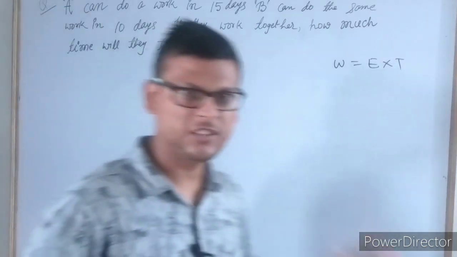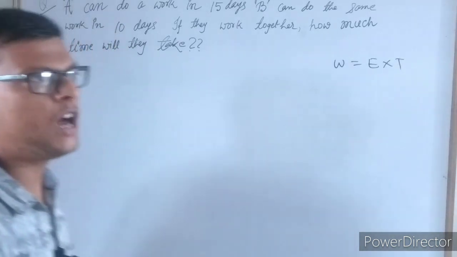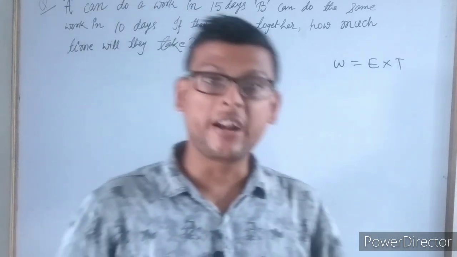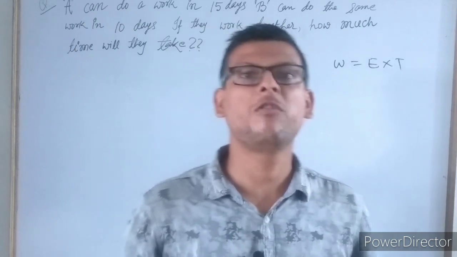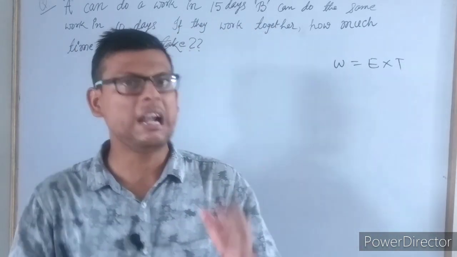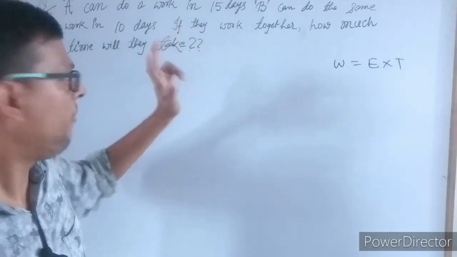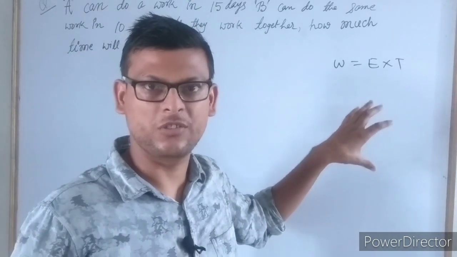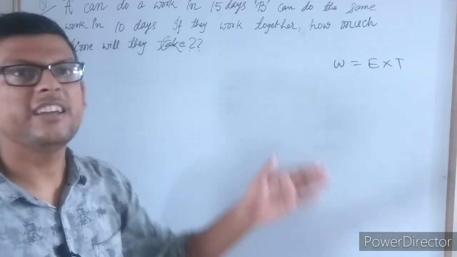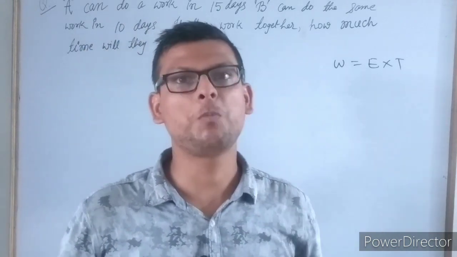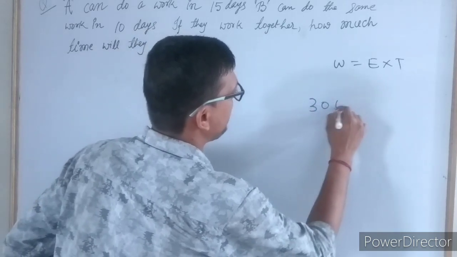The solution that we just saw, we have done this question in our class 7 or 8 by that method. Now we'll do the method which reduces our time. I can take the work as any value of our choice, but preferably I'll take the work as the LCM of the days given in the question. Why? Because I want to avoid the fractions. Fractions are more often than not undesirable. It is easier to add 2 plus 3 than 1 by 2 plus 1 by 3, isn't it? So let us take the work to be 30 units.